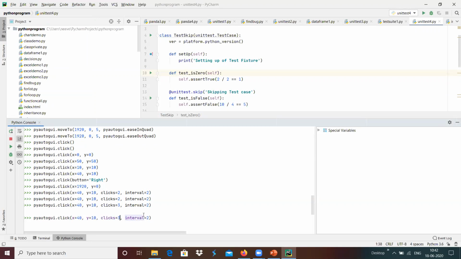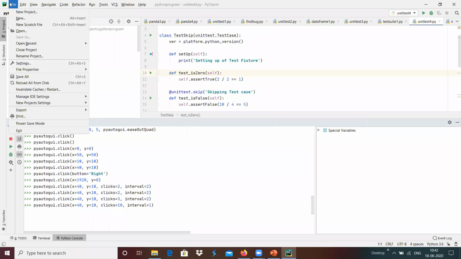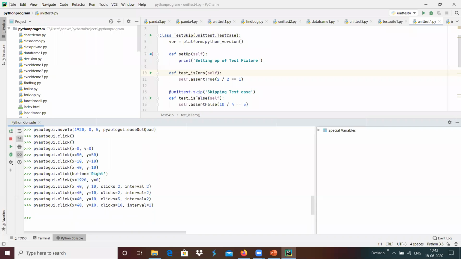Maybe I'm going to give 10 clicks with an interval of 1 second, and maybe we can see: click, unclick, click, unclick, click, unclick, click, unclick, click. Yeah, it has done 10 clicks, 5 times it was seen, 5 times it was not seen. Like that, we can create test automations with the help of PyAutoGUI.